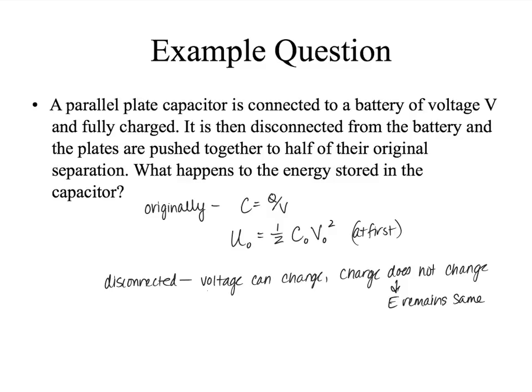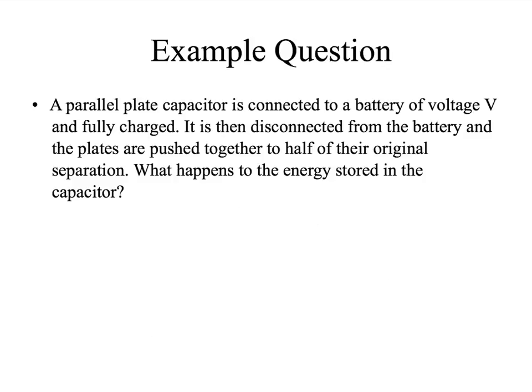So when we take the separation of the plates and they go to half of their original separation, that also means that the potential difference is going to be half of the original potential difference. All right, and so let's just keep in mind, we said the energy originally is 1/2 C0 V0 squared. We said V is going to go to V0 over 2 because D went to D0 over 2, and that's why. And so now our new